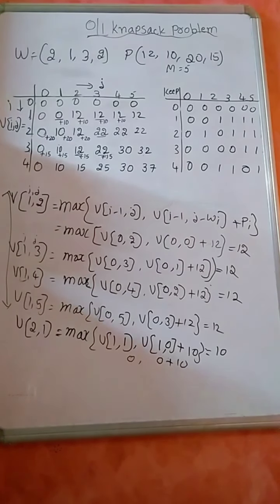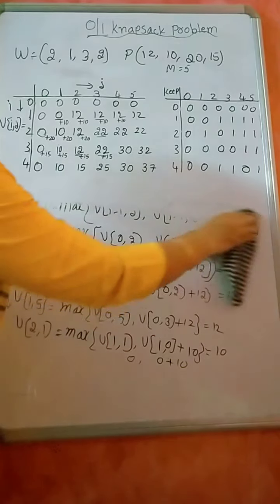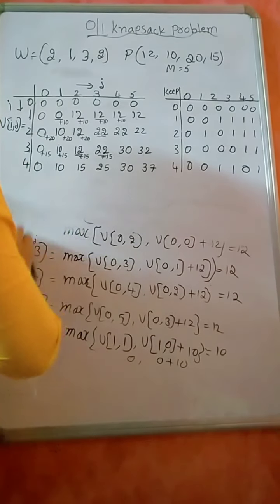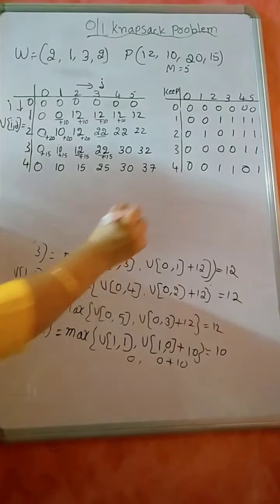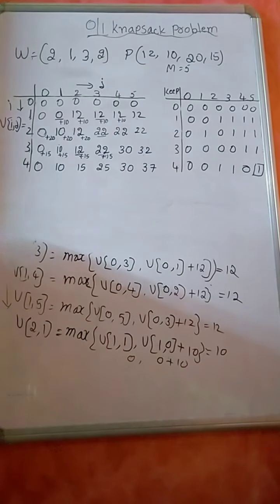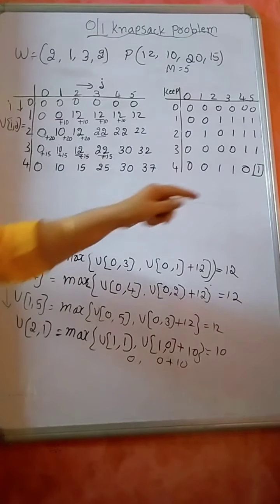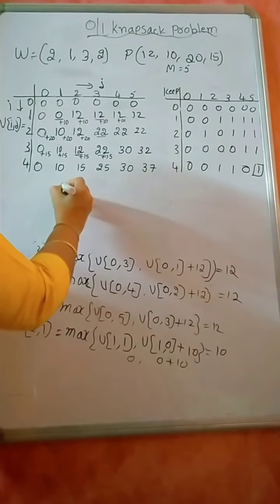Whenever there is a change from the previous profit, the entry will be 1, otherwise the entry will be 0. Now again from this table, did you come to know which object is selected and which object is rejected? No, you didn't get any of that information. To check that, what you need to do here is start with the last entry. Now if the last entry is 1, it means the fourth object is selected.